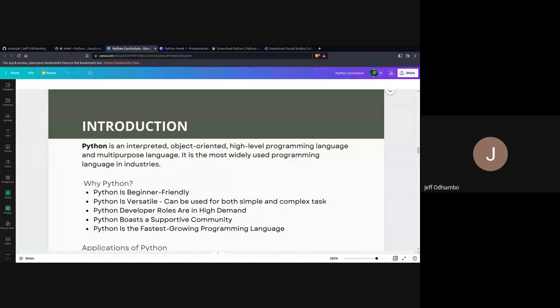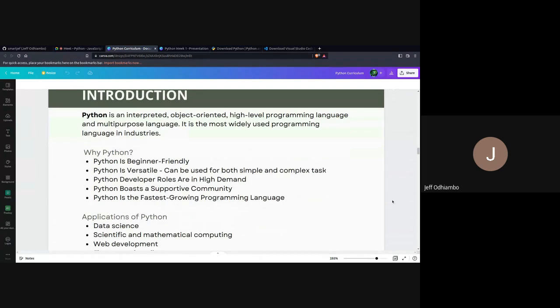and it has a large support community. So maybe when you are working on a program and you are stuck, if you are working with a language that has a big community, there are high chances you'll get help. But if it's a new language, for example, with fewer people working with it, getting help might be tricky. It's also a fast-growing programming language